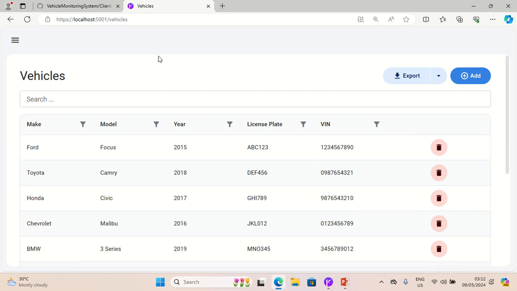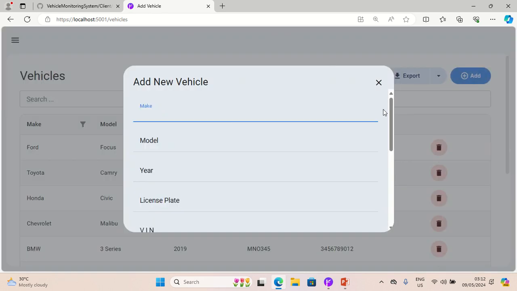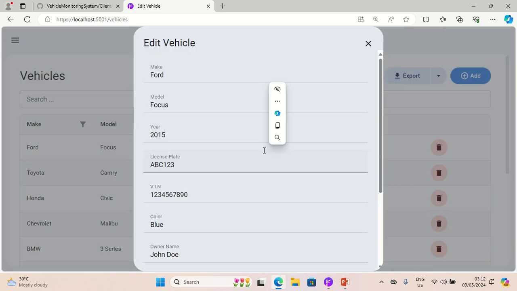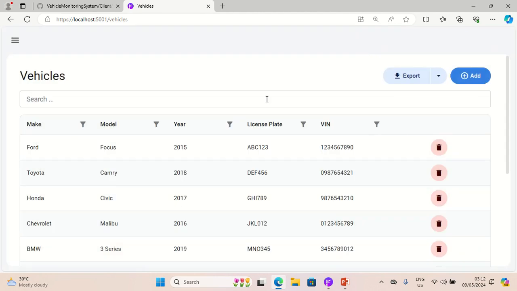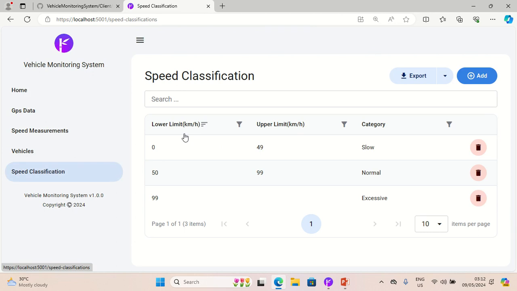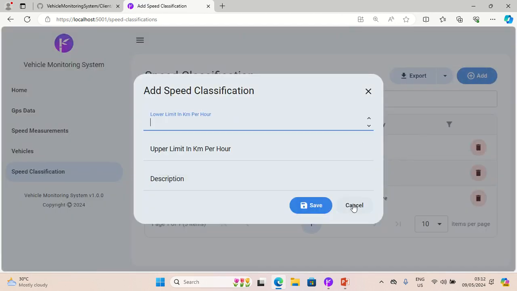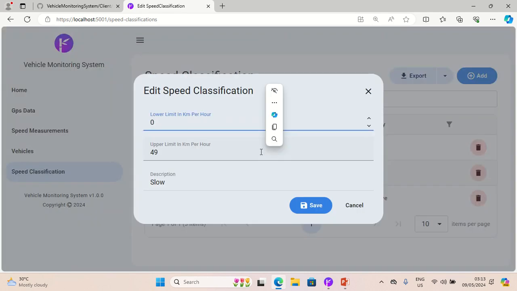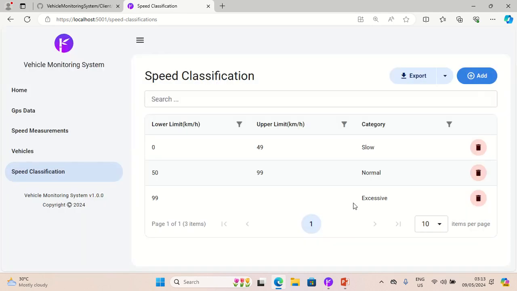Okay. Add new vehicle. Edit vehicle. Speed classification. I think there was